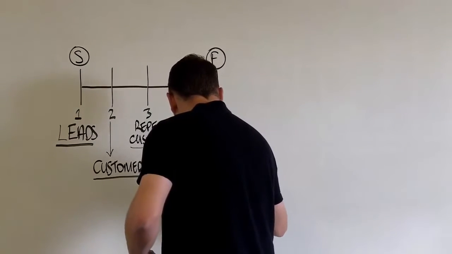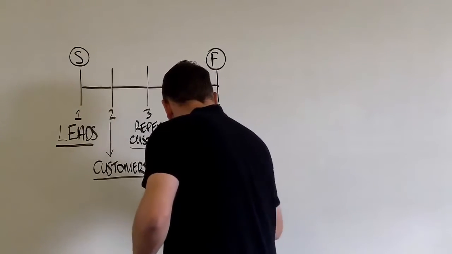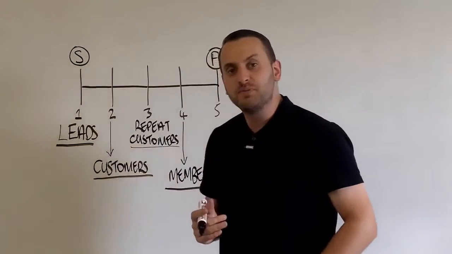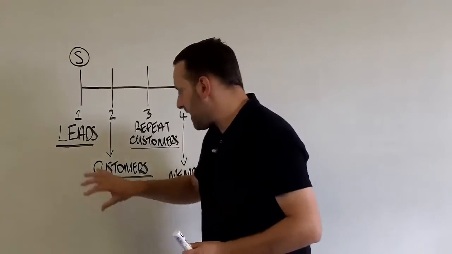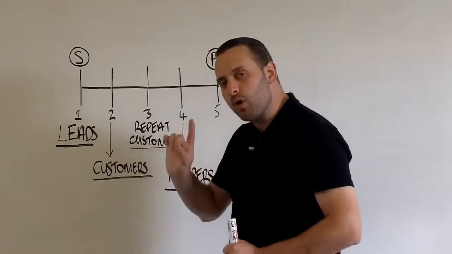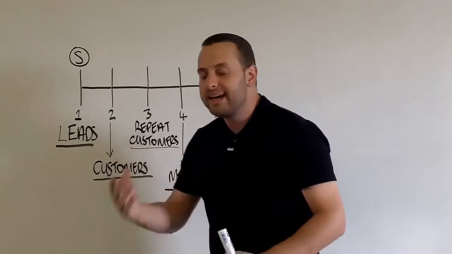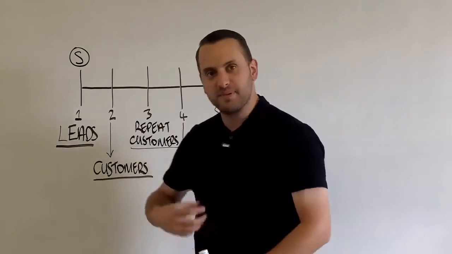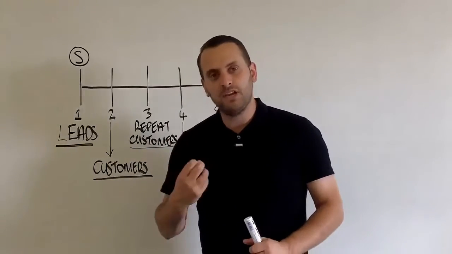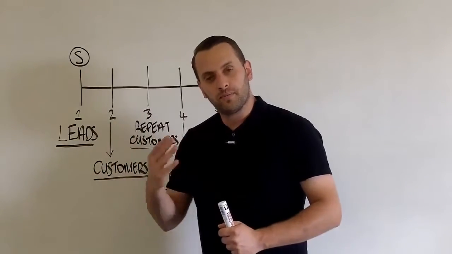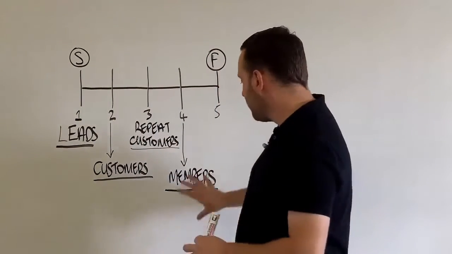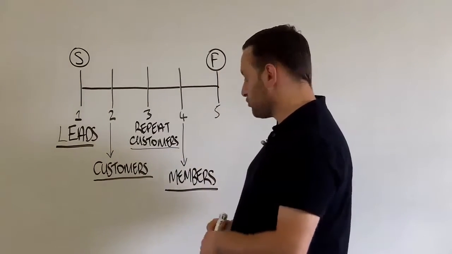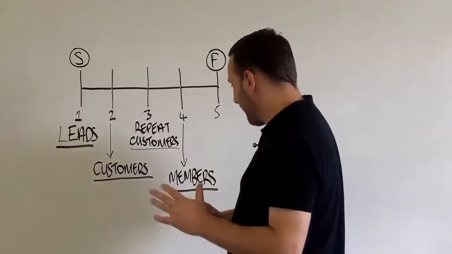The fourth category that we're going to convert to is members, okay? Now, what I mean by members is people that are actually not just paying you one time, not just paying you for one standalone product, but actually paying you on a recurring monthly basis, okay? A recurring monthly basis, meaning they join your membership, they pay you once, but then every month or at a predefined time frame that you specify, they pay you a set amount of money again, okay? And like I say, we'll really get into this because recurring income is very, very important and powerful.